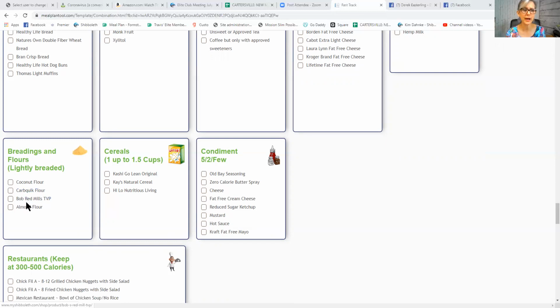You could also use Bob's TVP and almond flour. Then here are the best cereals that you could use for the beginning. Kashi Go Lean Original, K's Natural Cereals, which we do sell in the Ciabola store. The French vanilla is so good. It is so good. And I think the apple cinnamon is really good too. I haven't had it, but I hear a lot of people talking about that. And then High-Low Nutritious Living. I am not going to reread those condiments because we talked enough about condiments in the beginning, but we're going